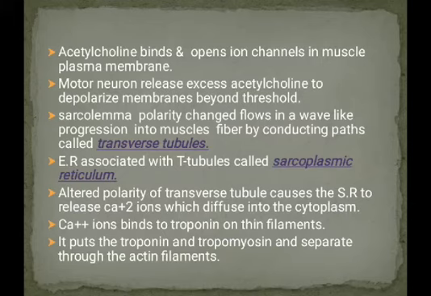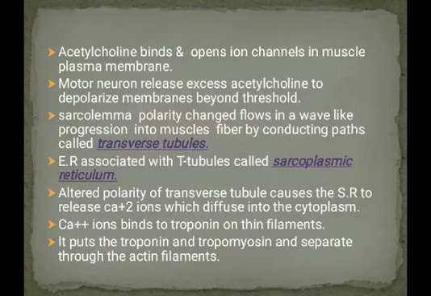It alters the polarity of the sarcolemma. The altered polarity flows in a wave-like projection in the muscle fiber and makes a path called the T-tubules, or transverse tubules. The endoplasmic reticulum associated with the T-tubules is called the sarcoplasmic reticulum. The altered polarity of the transverse tubules causes the sarcoplasmic reticulum to release calcium ions, which diffuse into